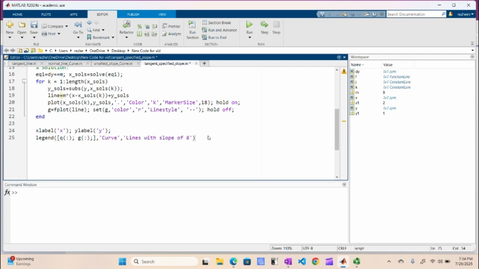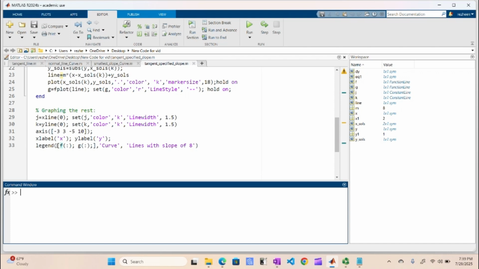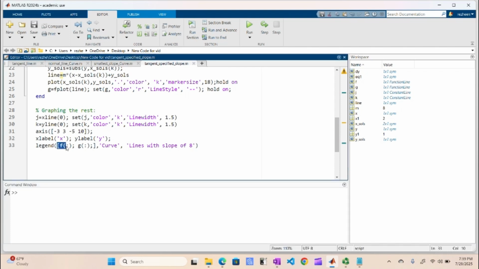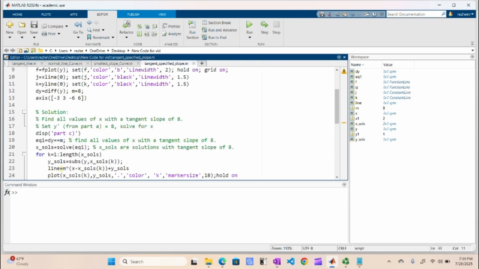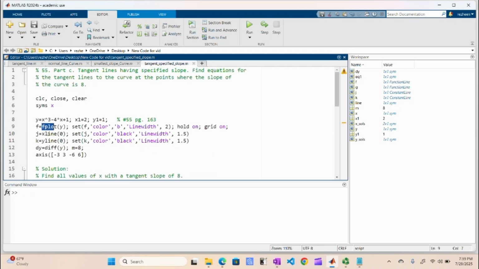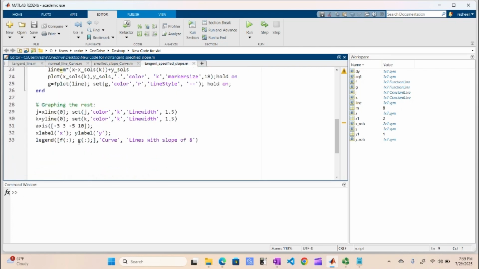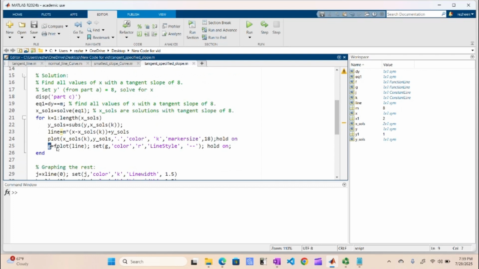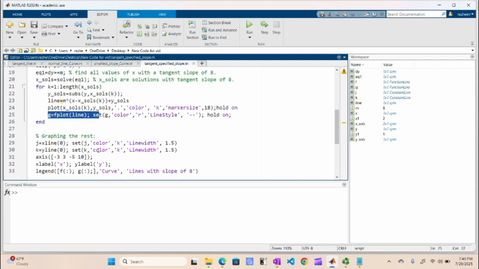All right, I fixed my code. I had some errors. So for the legend, I'm interested in graphing f. F is a function up here, the y function, the curve, and G would be the line. Otherwise, it would go in order, and in the legend we would be having the plotted points. And we're not interested in the points. We're interested in a legend specifying the line and the curve, those two only. So when I run this,